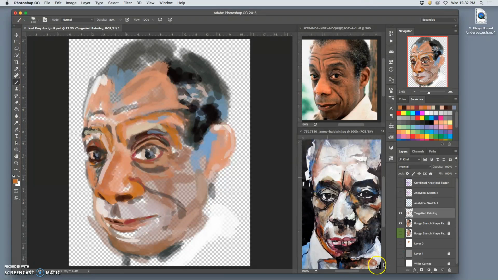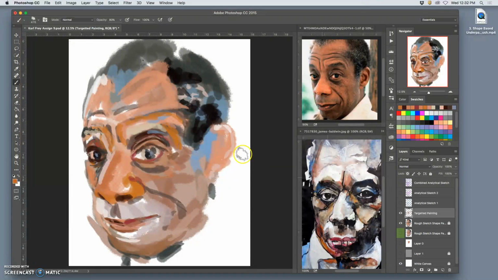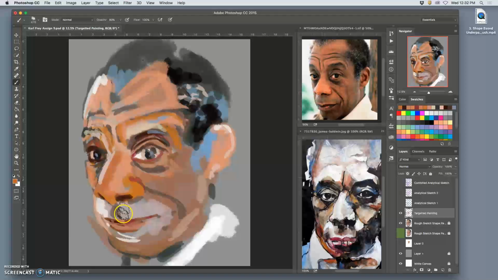That helps a lot. Notice how washed out it will look with the white background. So gray helps you make better value choices. That's why artists tend to tone their canvas or their artboard before they paint. This smile line seems to be